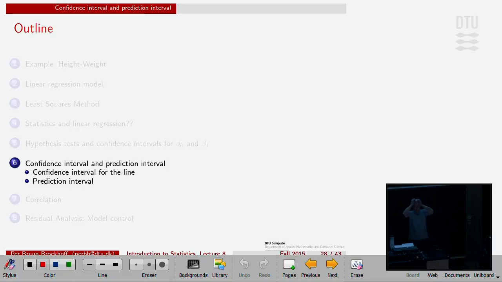Let's move on instead to the next and 6th point of this regression stuff. Now I told you